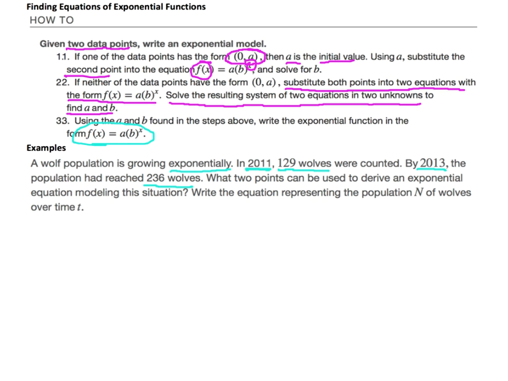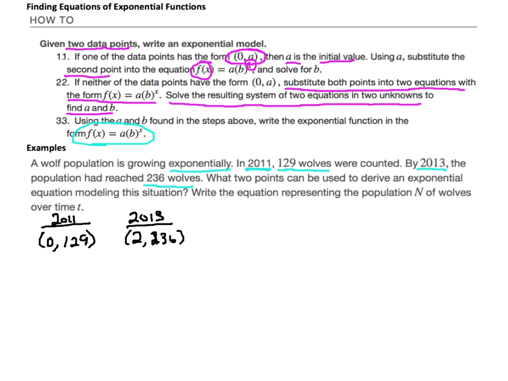So we can force our first counting of the wolves, which was in 2011, to be year 0, and we counted 129 wolves. And then we have our 2013 data as being 2 years since 2011, and we counted